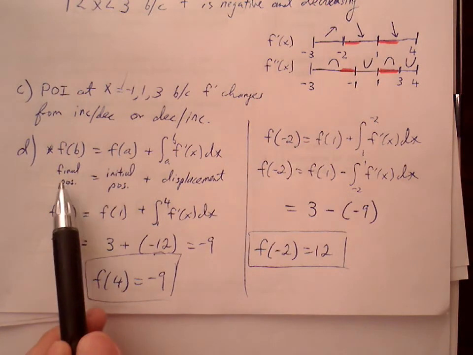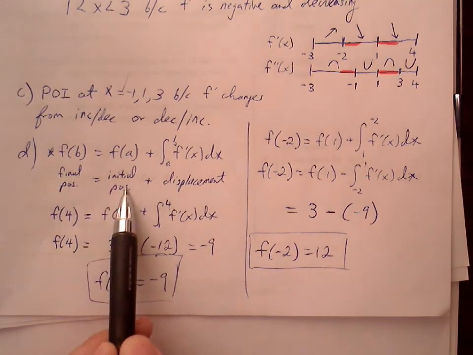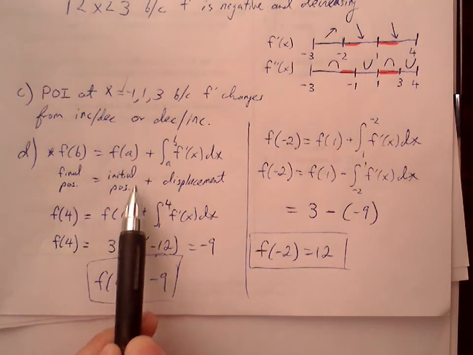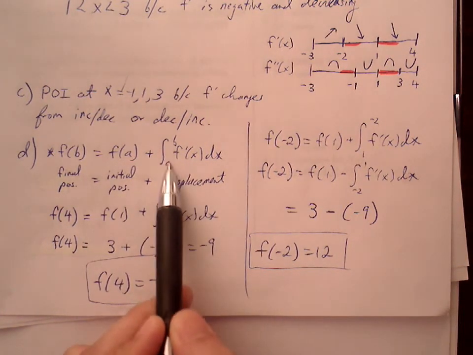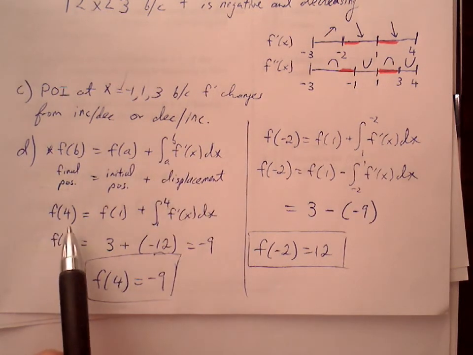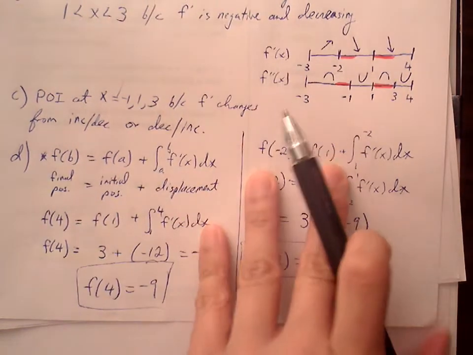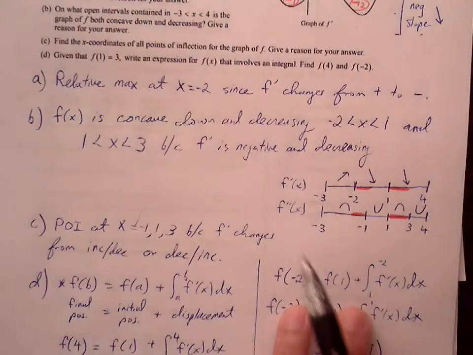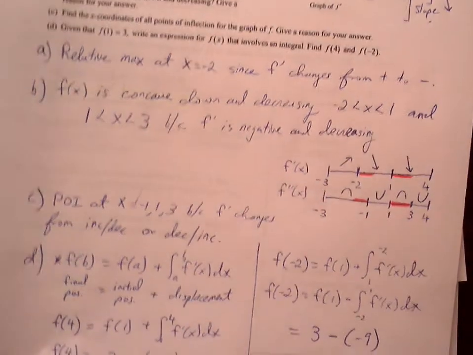If I'm looking for a final position, f of b, I can think of it as my initial or given position, f of a, plus the displacement, which is filling in the gap between my starting and my ending point. So in this case, I'm looking for f of 4 and f of 2 and f of -2. Okay, part D. Find f of 4 and find f of -2. So to find f of 4,